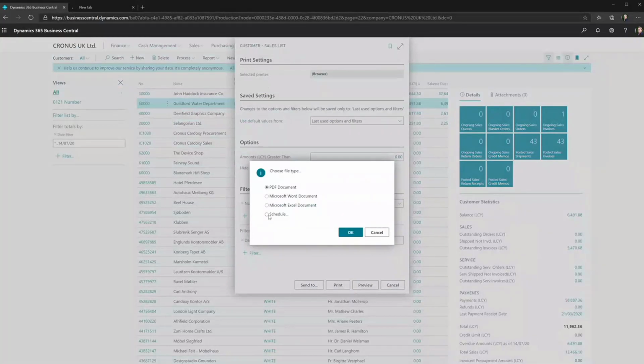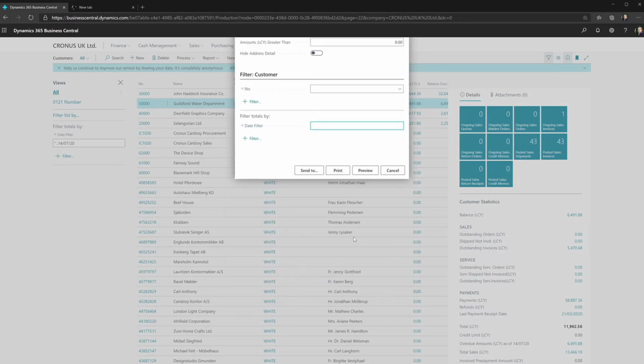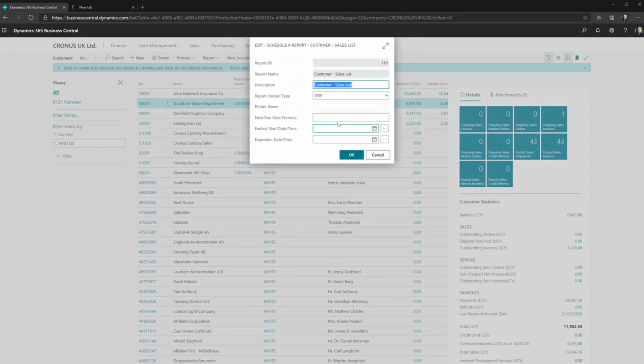I can send that, and one of the things I can do is schedule. If you've got month-end reports or weekend reports that I need to do, as well as sending them to PDF or Word or Excel, I can schedule. As part of that, I can say how often I want them. So I might pick one week, and it will ask when I want to start, and suggest a date and time. Then it runs it, puts it into my report store, and schedules it to rerun a week later. So rather than you having to sit there and remember to push buttons for that,